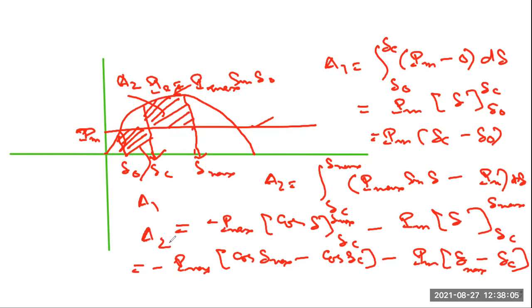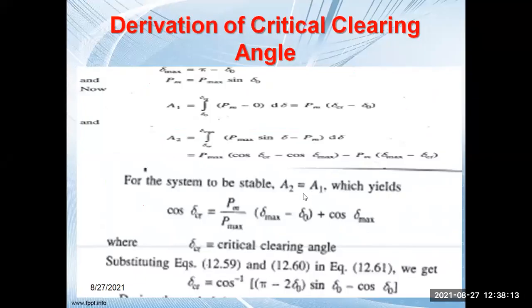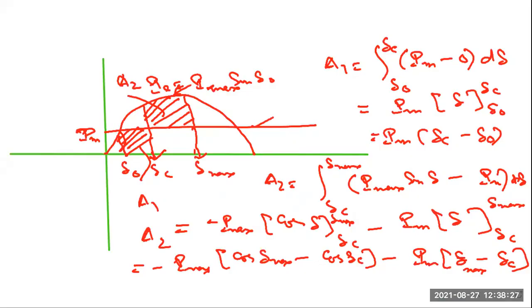Now for the system to remain stable, A2 should be equal to A1. For the system to remain stable, A2 equal to A1, and we need to calculate what is cos delta CR, that we have to calculate. So let us see, we'll calculate cos of delta CR equal to how much, because we are interested in the critical clearing angle. So A1 equal to,